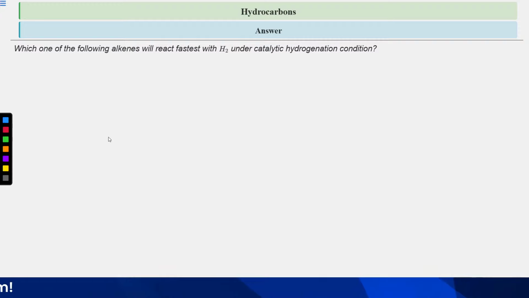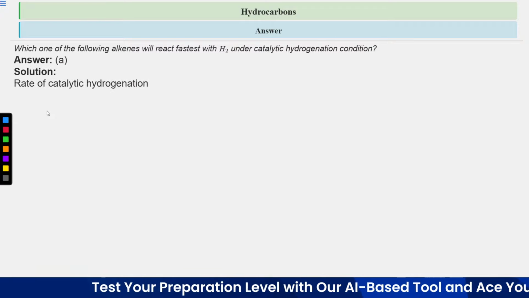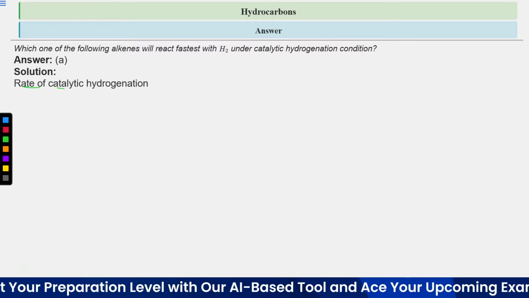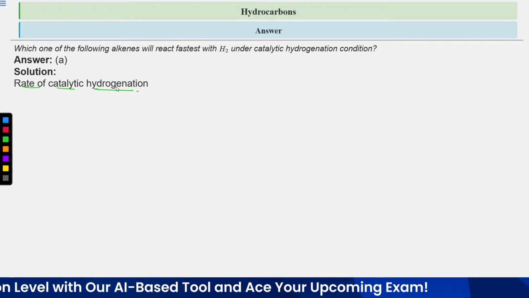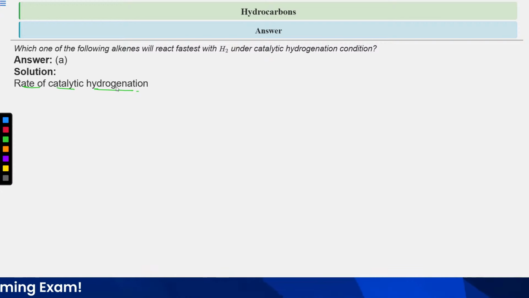So for the given question, the correct answer is option A. Basically we have to perform the reaction between hydrogen and alkene under the catalytic hydrogenation condition. So the rate of catalytic hydrogenation